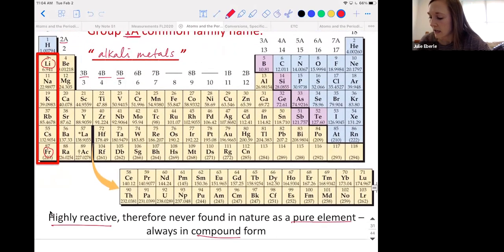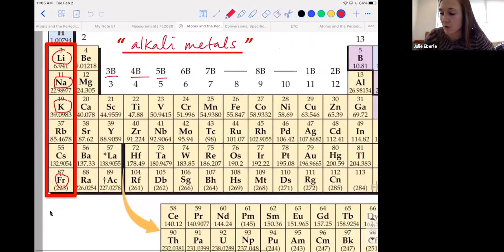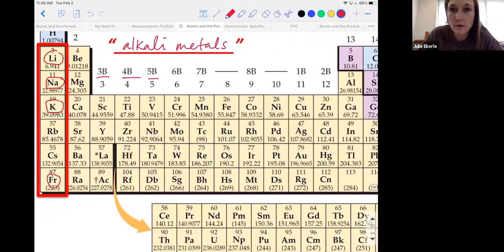All right. I'm actually going to show you 2 videos of different elements from group 1, different metals that react with water. Okay. So I'm going to stop sharing my screen real quick. We're going to look at sodium and potassium right here on the periodic table. We're going to look at how these things react with water. They're very short videos. So stop share and we're going to reshare with my desktop.